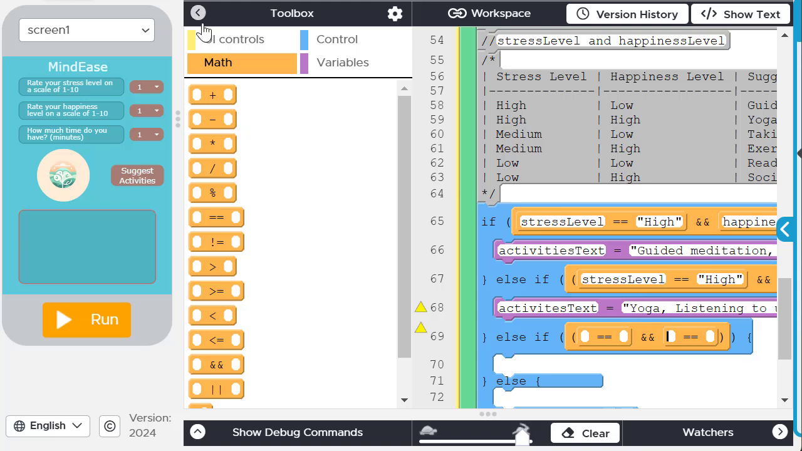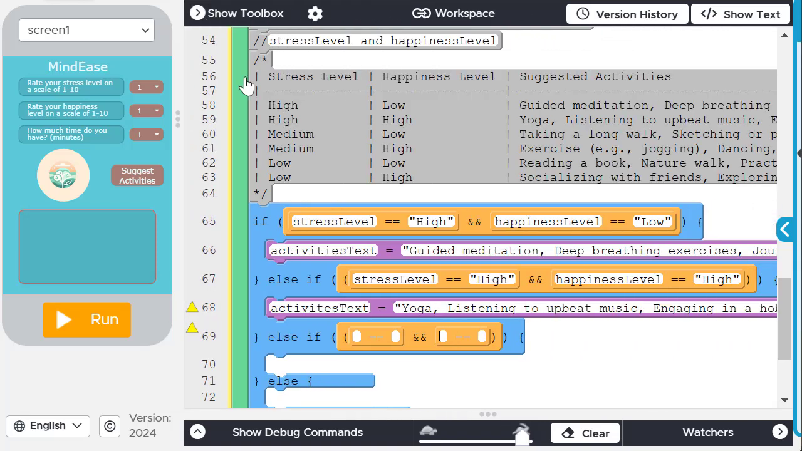And then we can close that. So we need: if stress level is, I'm looking at line 60 here in the comments. If the lines aren't exactly right, that means somewhere you have some extra code or something slightly different. So if stress level is equal to medium